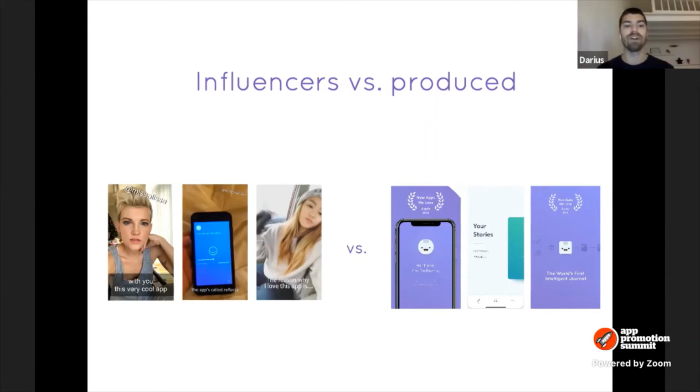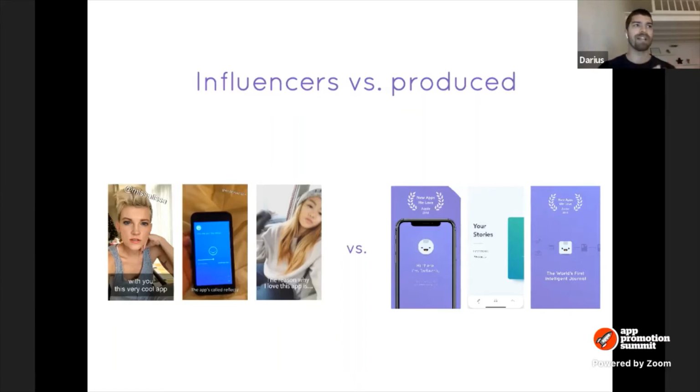So if you're getting started, I would highly encourage you to get some micro influencers from your niche and get them to record videos about your app. If you don't have that, the easiest thing to do, and we've seen this work really well, you can just film the app as you're using it and then use that as a creative. Even though it doesn't look highly produced, that's exactly why it performs well as an ad, because it catches people off guard. It doesn't look so shiny. It looks more like an organic post.